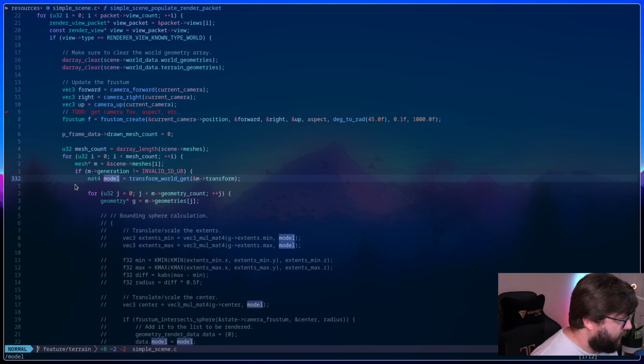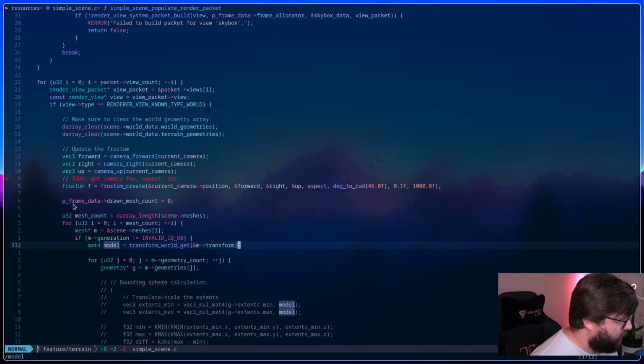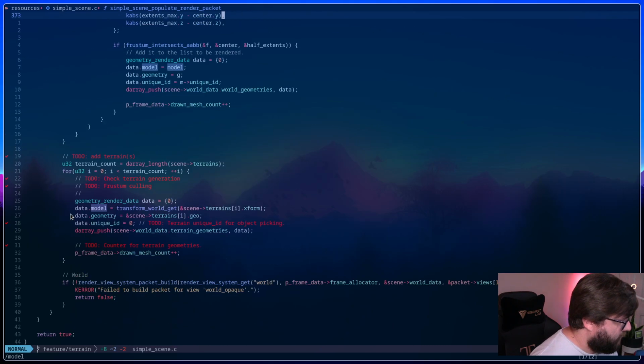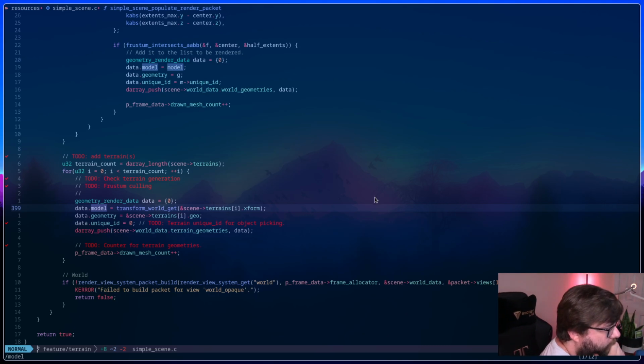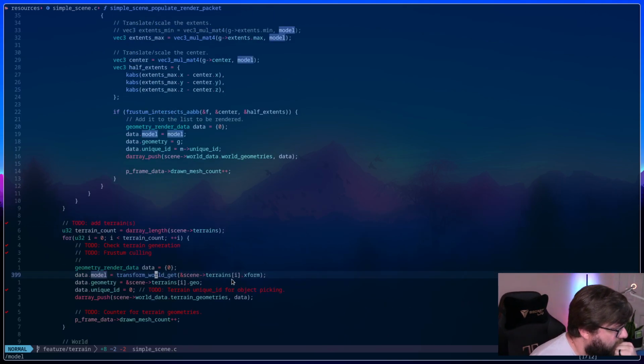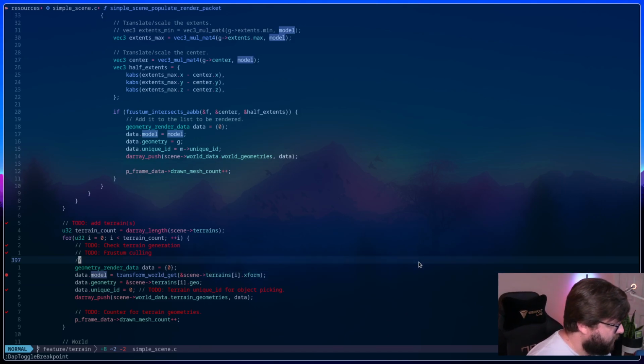All right, so this is meshes terrain model. Transform world get. I mean, that's doing the same thing that's being done elsewhere. It's pulling it from the terrain itself. I guess I could put a breakpoint here and see what the heck it's doing.